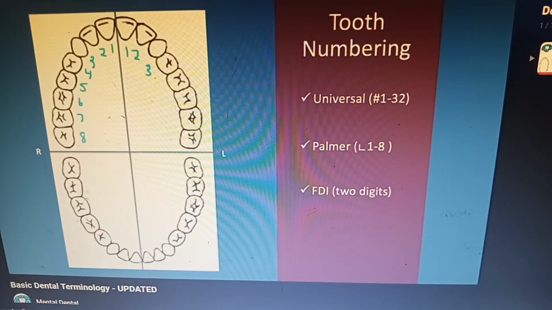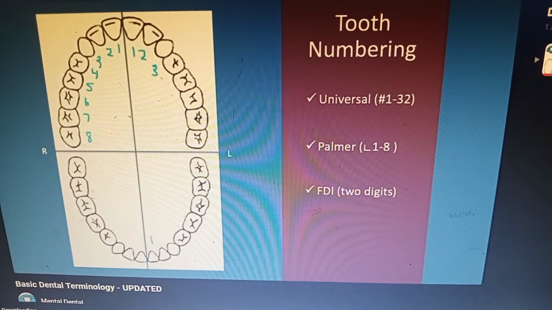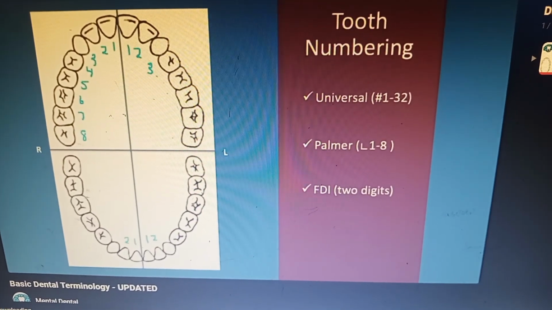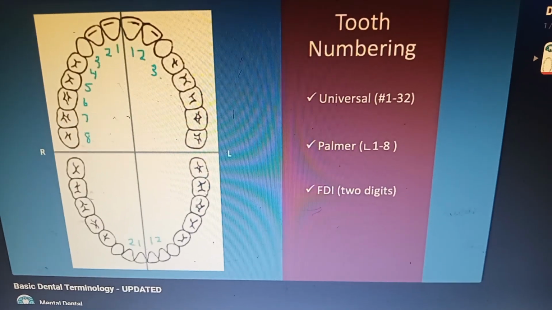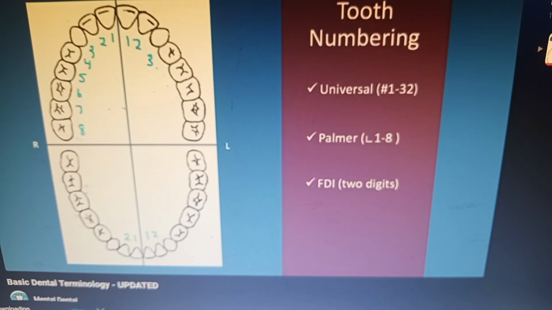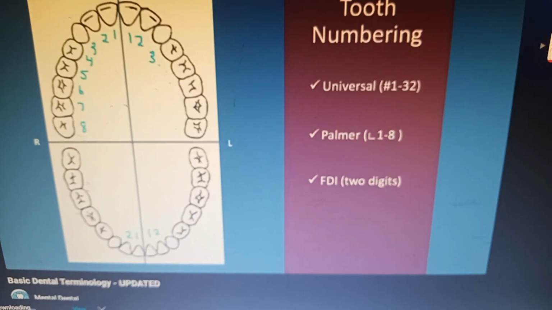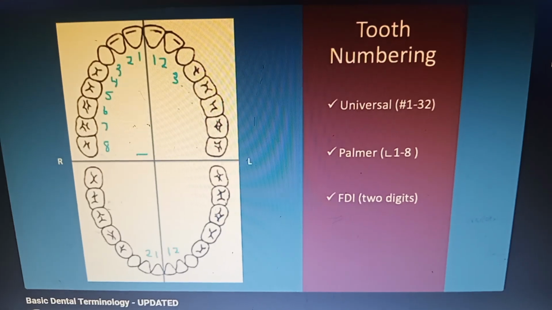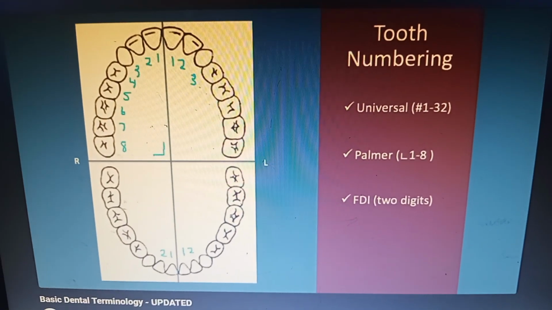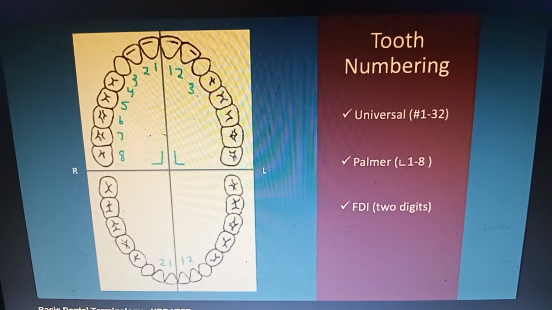So we could do this for every single quadrant. Now you might be wondering, well, how do we distinguish between the ones, the twos, and all the other teeth among the different quadrants? Well, notice how the lines intersect. So this corner forms a backwards L, this corner forms a normal L,